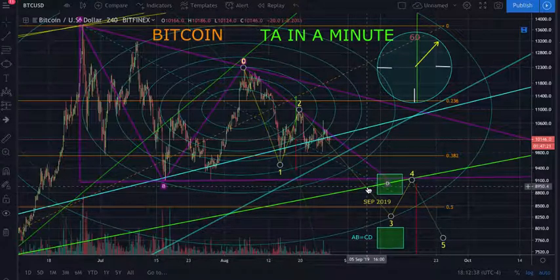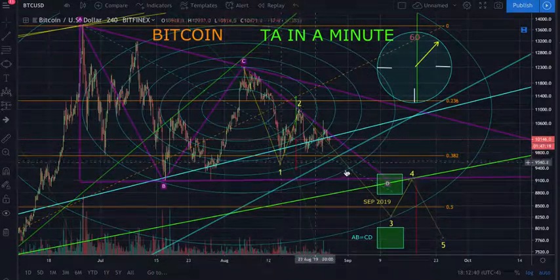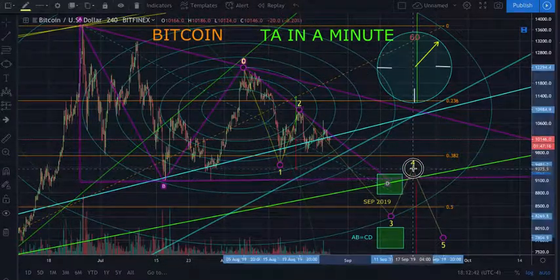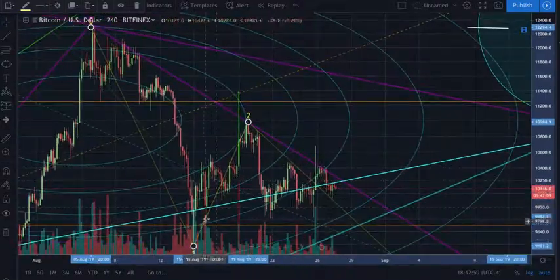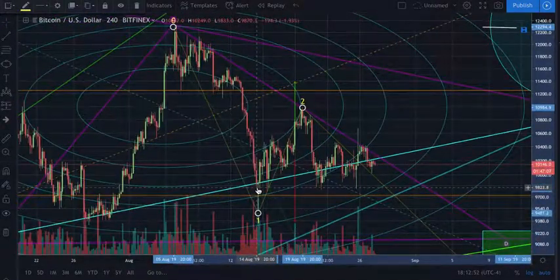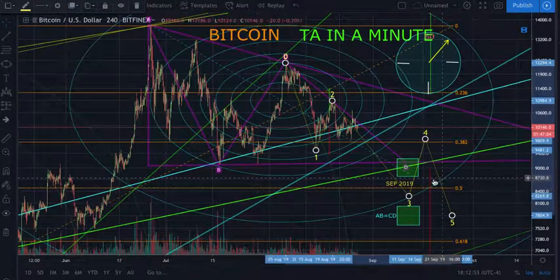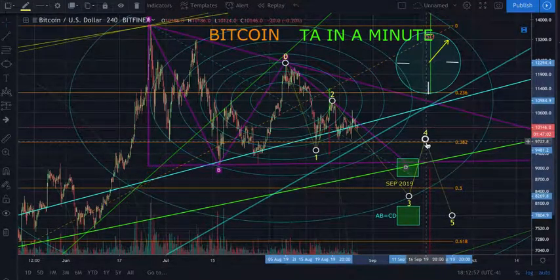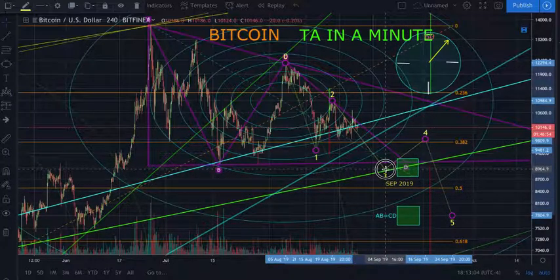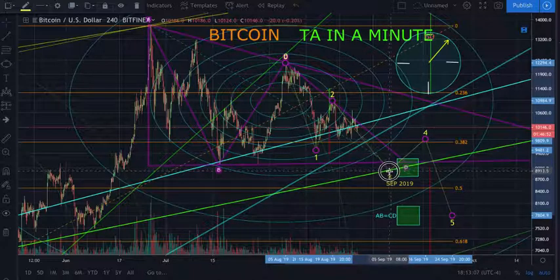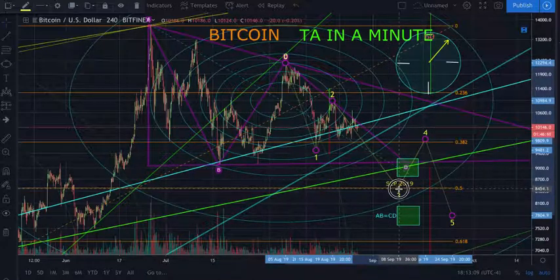But another very important rule is that the 1 and the 4 can only ever interact by a wick on a longer time frame. So if we're on this 4 hour, what that's saying is no matter where 3 ends up getting put in, the maximum where 4 could come up to is this 382, which again, look at that confluence. So now that makes me think, is there a possibility that this 3 wave is going to come in around here? See, that looks pretty proportionate right there.